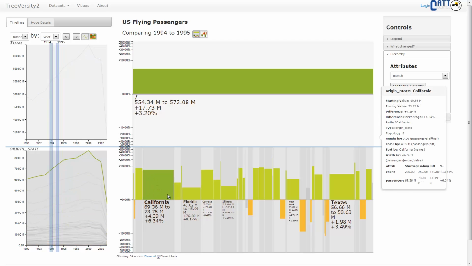Each one of these boxes shows the change by state. Boxes going up or in green colors show increases, like here in California, and boxes going down, like this one in North Carolina, or in yellow and red colors show decreases. The height of the boxes shows the percentage of change. The color is the actual number of passengers changed, and the width of the boxes shows the ending value for the different states,